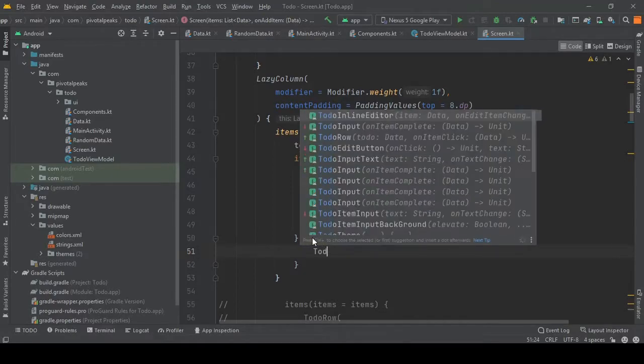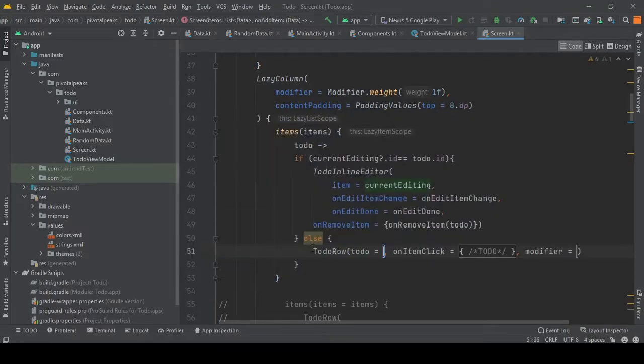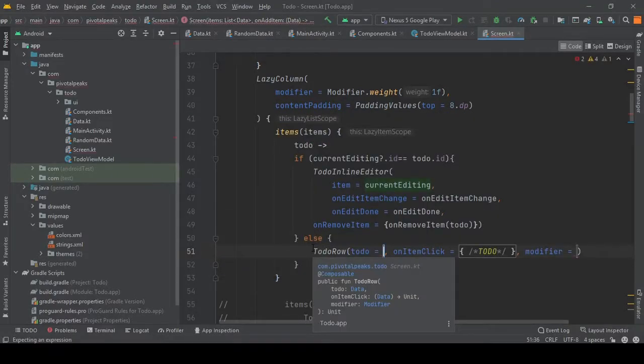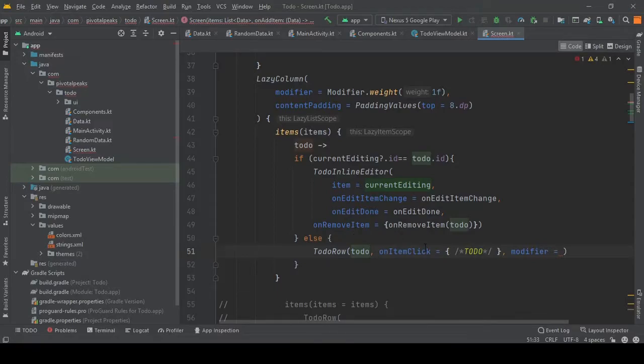So to do row, and let's, we don't need to assign it anything here. And on item click, we need to edit, not remove it. So we will just call it on start edit.